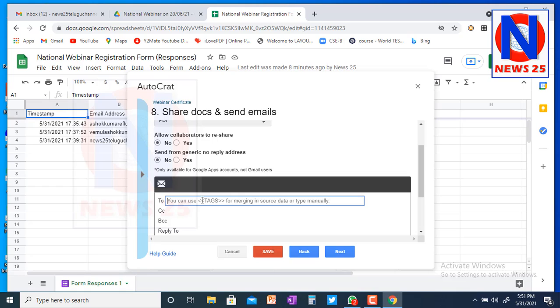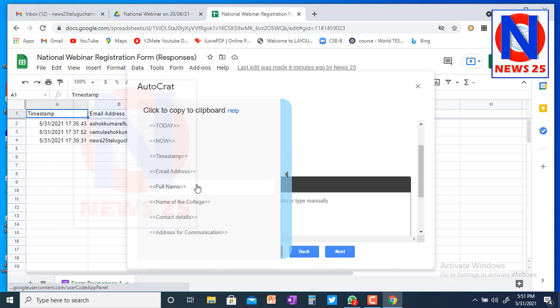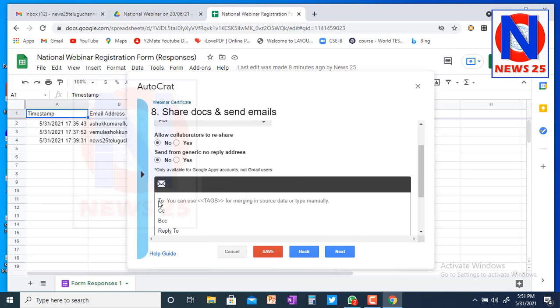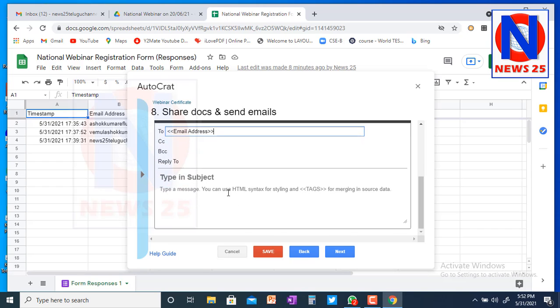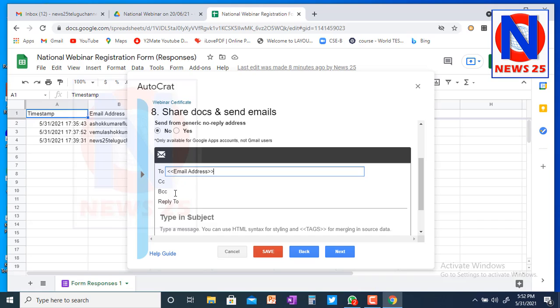So now for that, what we have to do, just go to this arrow, stripe, then select email address. So just click on it and click in the address bar and Control V, paste it. Okay? So the particular candidate's email address will be collected automatically and it will be sent to their email address automatically. Right. So then here, if you want to write CC, BCC, or if you want to reply to,